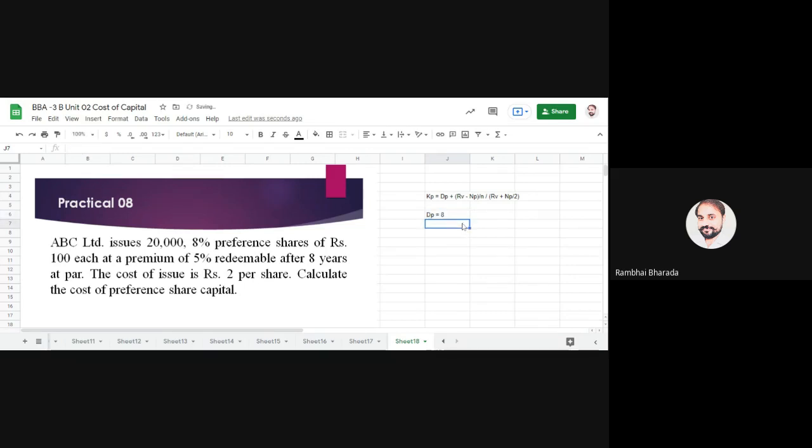Okay. RV, redeemable value. See the second line, redeemable after 8 years at a par. Redeemable after 8 years. Here you see that whatever value is here, that is our redeemable